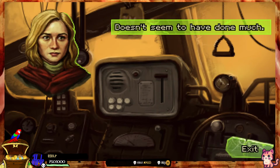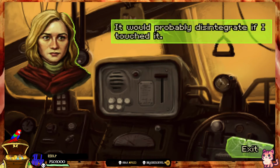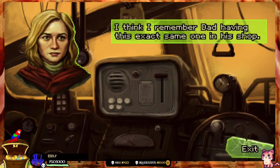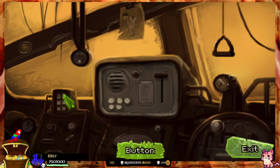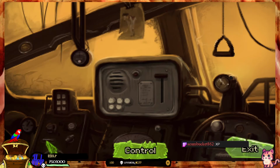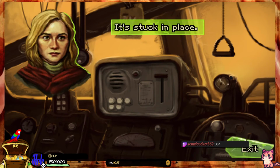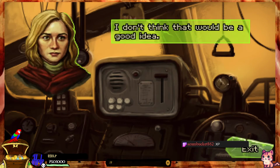Doesn't seem to have done much. It would probably disintegrate if I touched it. I think I remember Dad having this exact same one in his shop. It doesn't seem to... It's stuck in place. I don't think that would be a good...